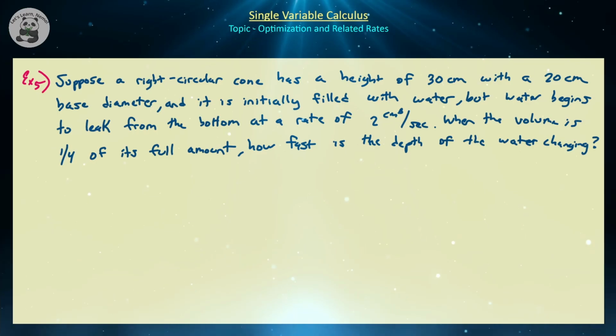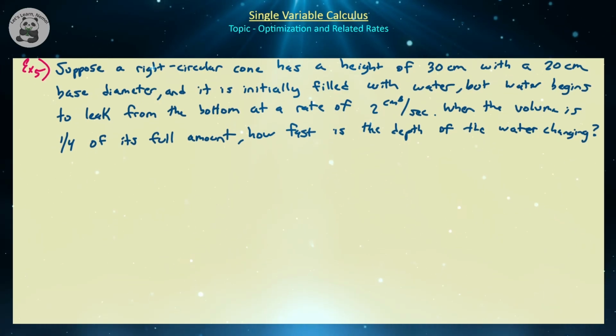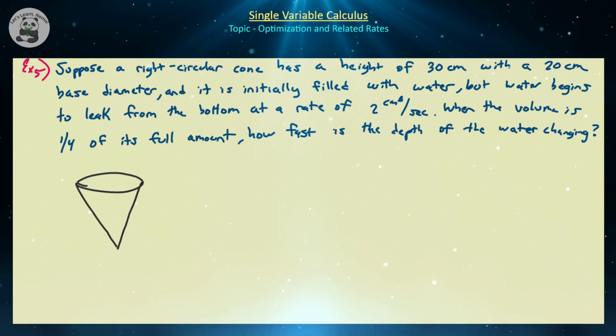So again, we have a geometric problem. We know how some things are changing, and we want to know how something else is changing, so this is definitely a related rates problem. So, a geometry problem, drawing pictures in the start sometimes helps, so let's assume that this is our right circular cone. So, we know that this height right here, this distance here, is given to be a height of 30 centimeters,